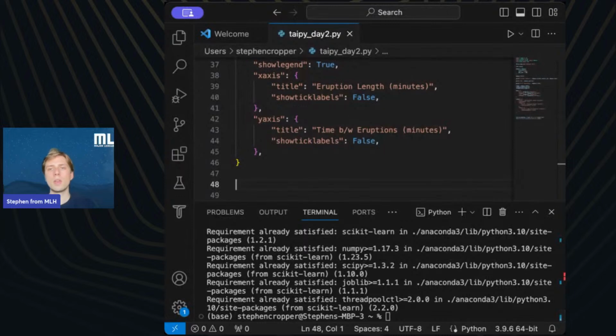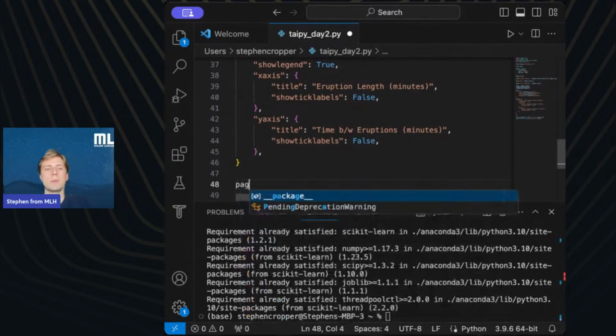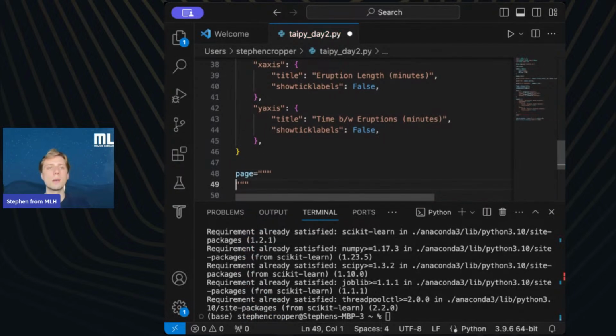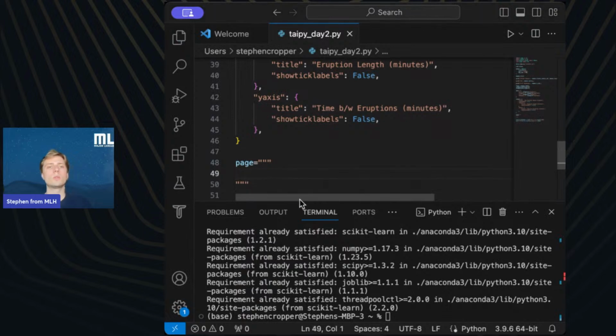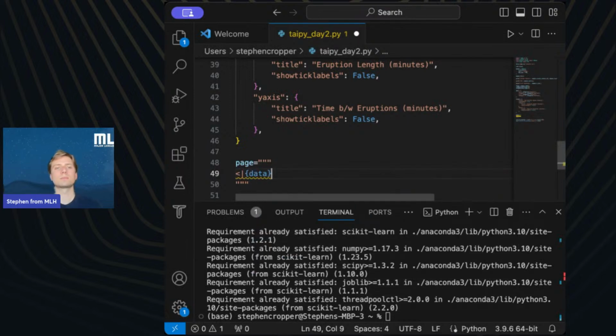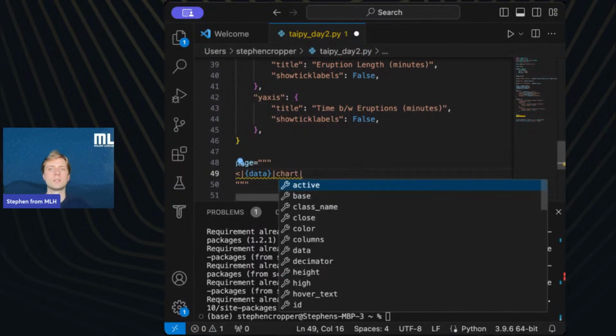All right, so what I'm going to do is first type page. And remember from last workshop, we used 3 quotation marks to show a multi-line string. And that will just help us keep this a little bit more orderly. So we type data and then chart.